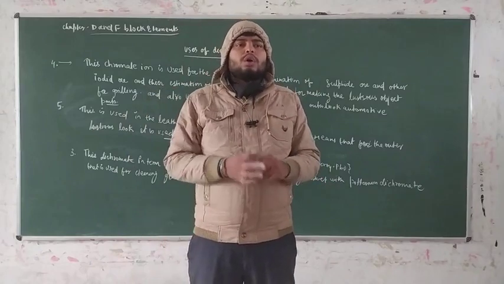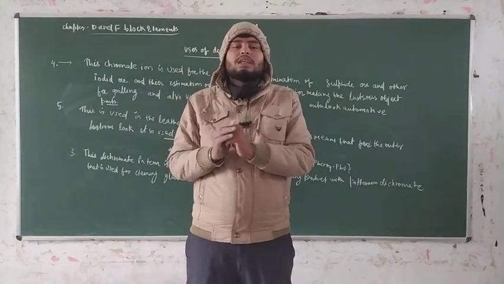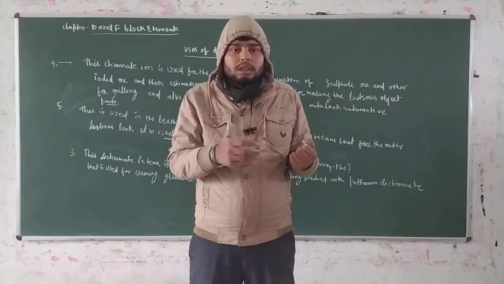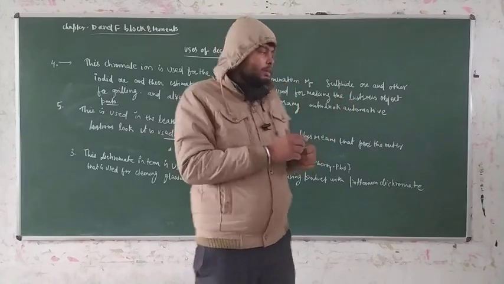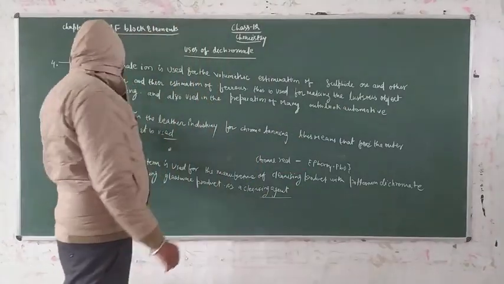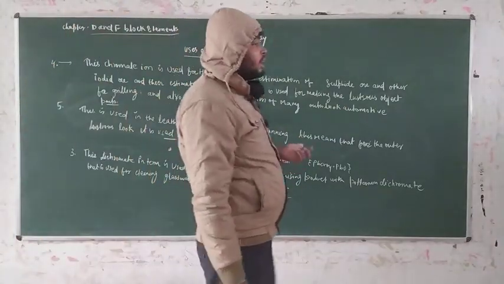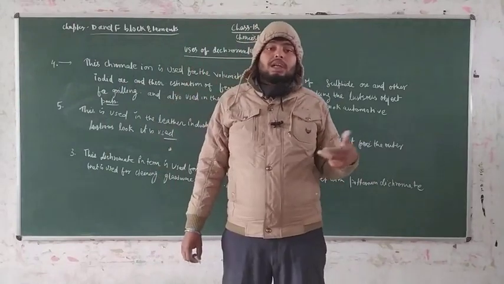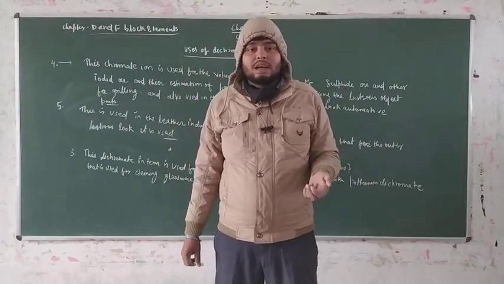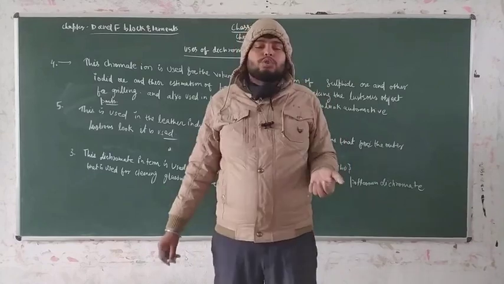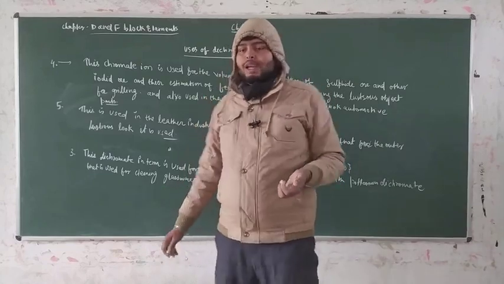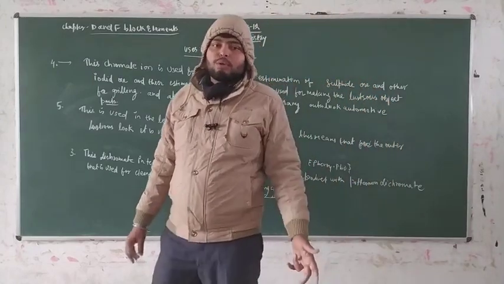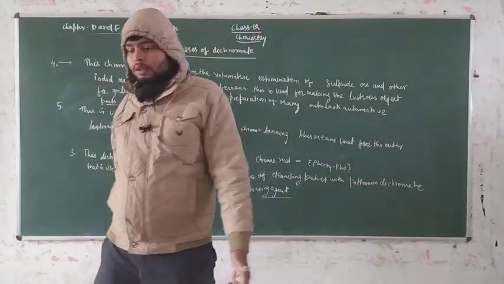lucidity. Because of chrome, you are seeing that there are many grills in the car made with chrome. Just like this, it is used for the leather industry. If anyone asks you what is the use of chrome in the leather industry, you have to say that this substance is used for chrome tanning. So guys, take a note of this, take a screenshot of this. After that, we have to discuss the structure.